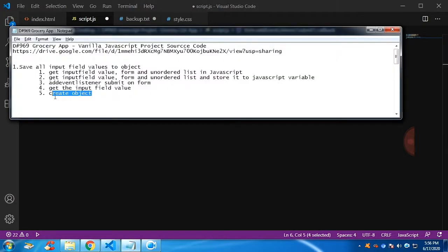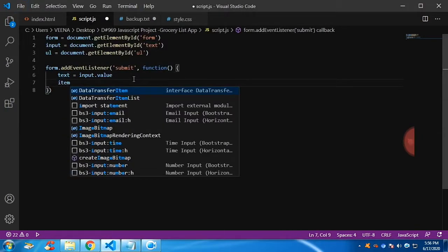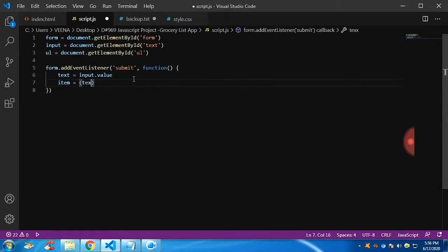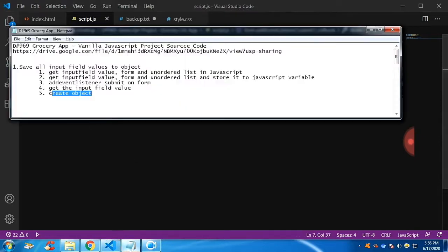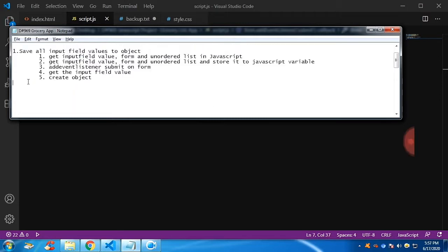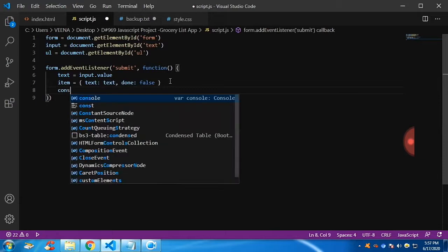Let me create an object, and let me name it item. It will have 2 key value pairs here. The first one is text. The text will simply be the text. This input text is getting saved as text. Now the second one is done, which will have the value false. Now we are going to store the input value in the object. As I have already shown you, to store the input value, you just have to pass the variable over here, and that's done. Now if you console log the object and see,